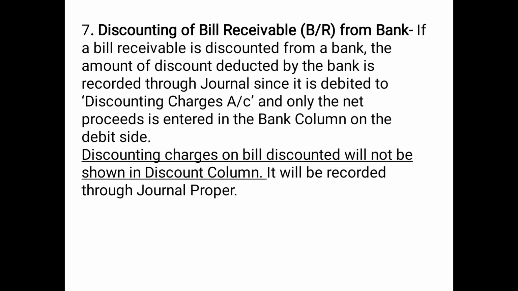Sometimes what happens, let's say we have sold goods to somebody on credit, and the person will make the payment after 2 or 3 months. What we can do, on the safer side, is make a bill in his name that we have sold goods worth rupees, let's say 20,000, to Mr. Sham. He will be making the payment after 2 months. So Mr. Sham will make the payment of 20,000 after 2 months. We cannot call for money before 2 months.